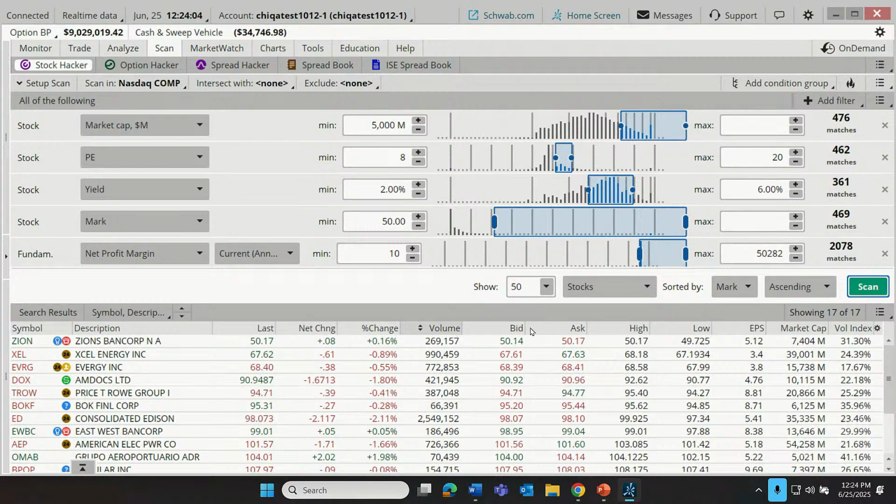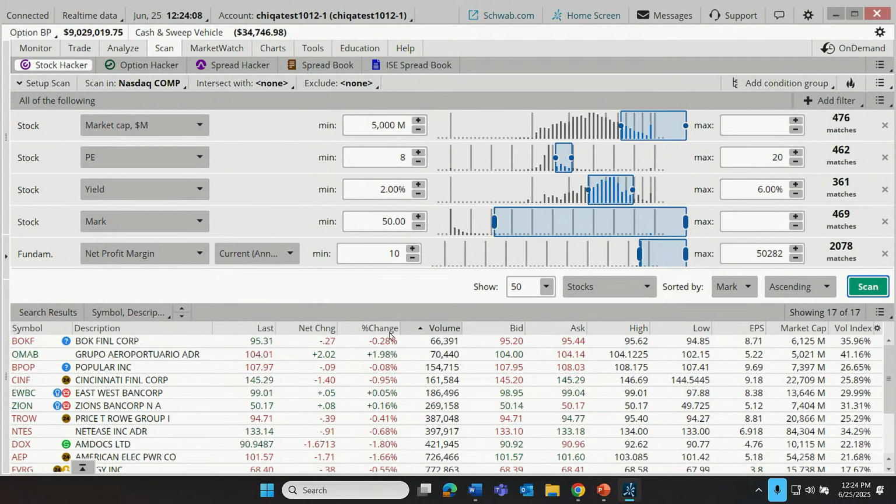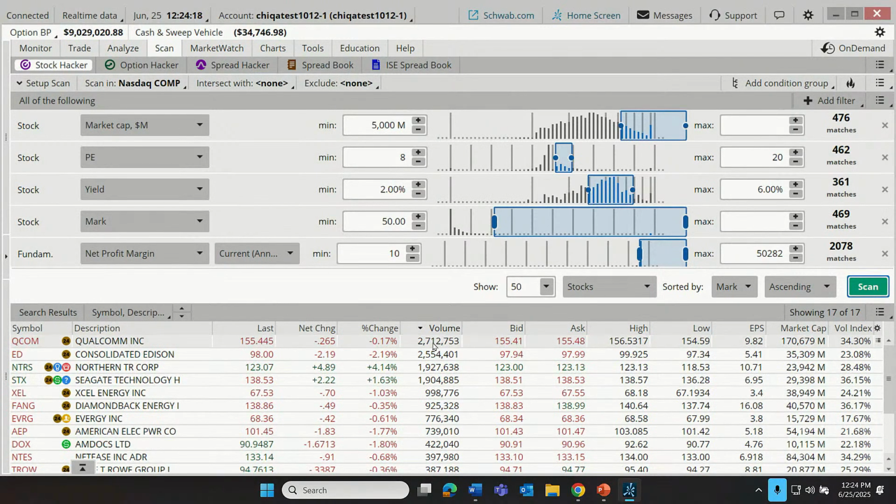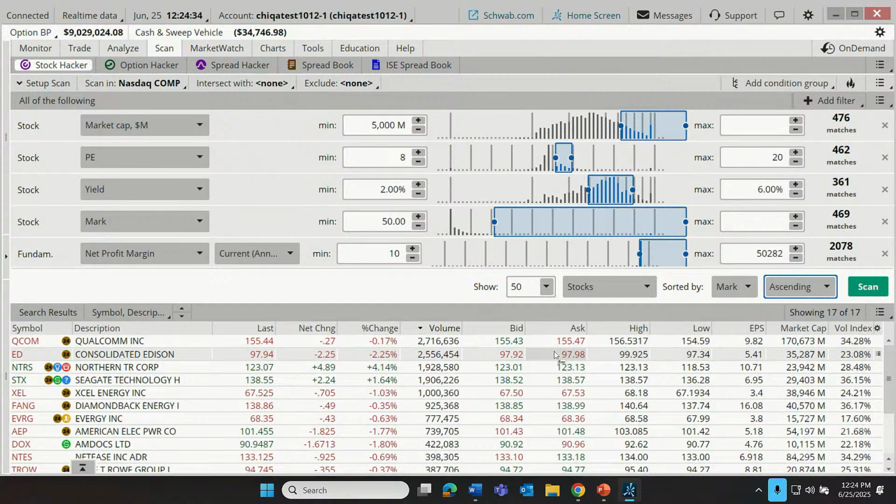Now we can do the same thing. Don't have to use this menu here. We can just click on the column heading and sort by whatever column we have there. So right now, it's going from smallest volume to largest. Or if I click on it again, it's going to show us the largest company that's qualified according to our metrics. And we could change that organization down here by clicking on column headings, or we could change it up here by going from ascending to descending, back and forth there. So be aware that this display is not static. We can customize that as well.